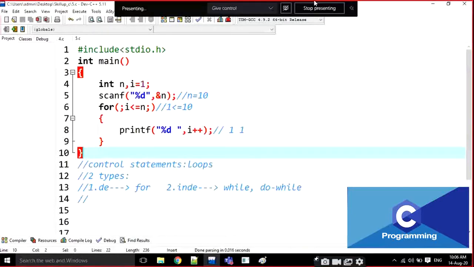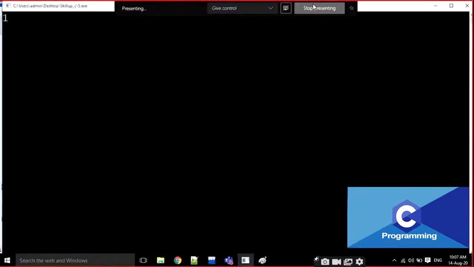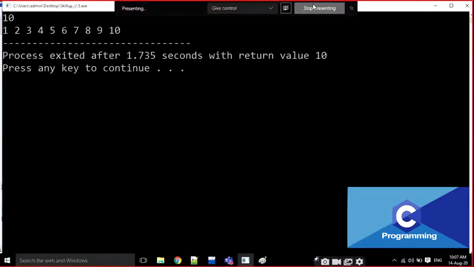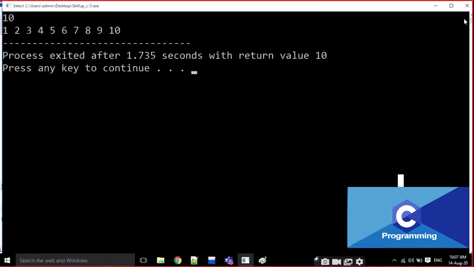No, wrong answer. It prints 2 to 10. Wrong. Sir, will even numbers be printed? No, wrong answer. Sir, it will print 1 to 10 in ladder wise, maybe. 1 to 10. It's going to print only 1 to 10, and continuously it prints. The same output as the previous output. There is no doubt about that here.